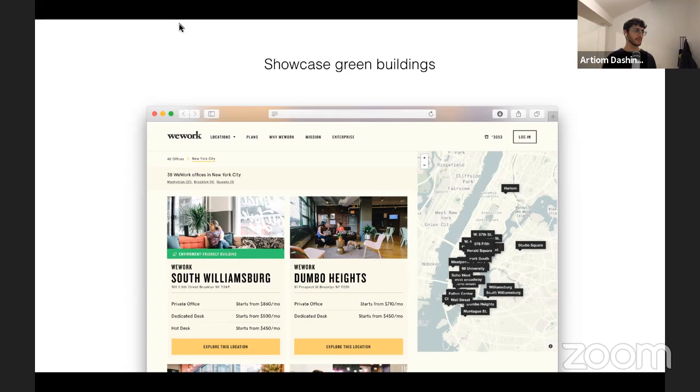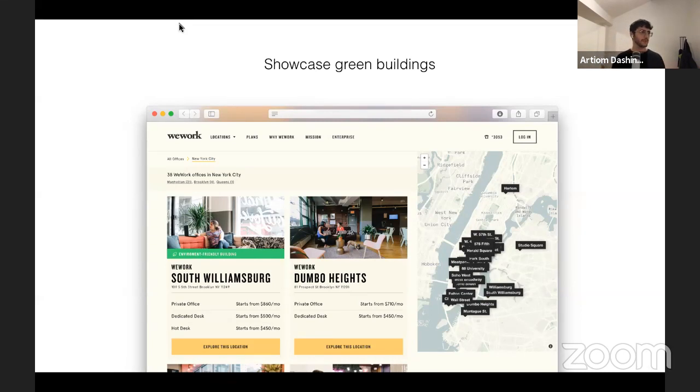There is a certification program called LEED, L-E-E-D, that gives different tiers of sustainability certification to buildings. WeWork already has many buildings certified through this program.